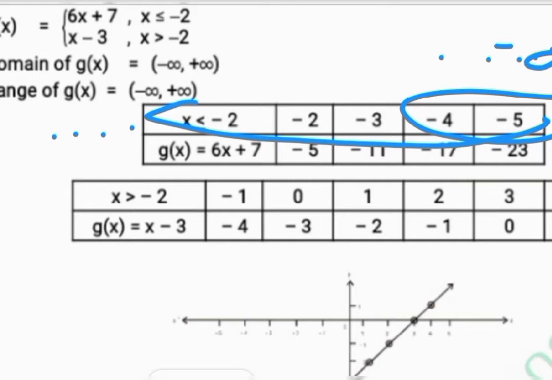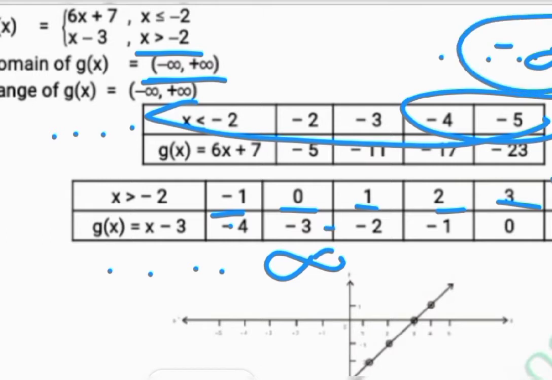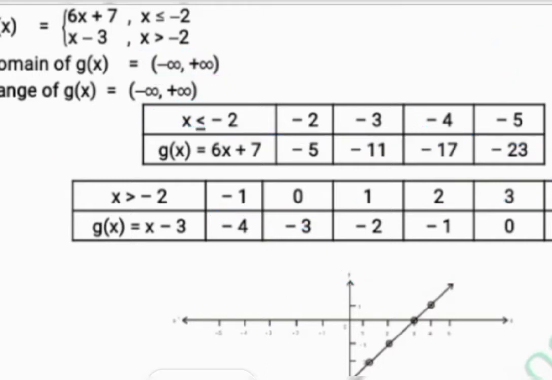So domain will start from -infinity, and here x is greater than -2, or -1, 0, 1, 2, 3 and 4. This process will be continued and this will end at infinity. So domain is -infinity to infinity, and for the answers, as you see, the values are